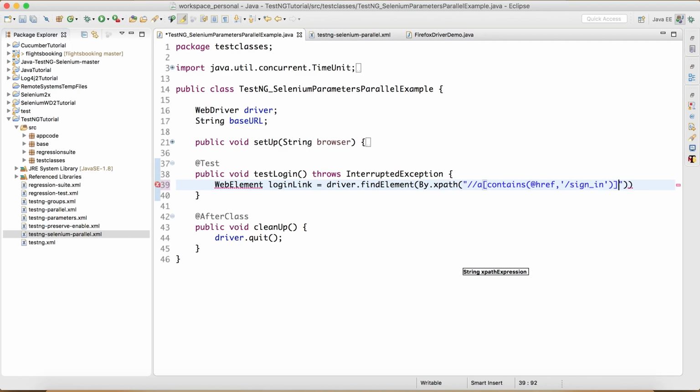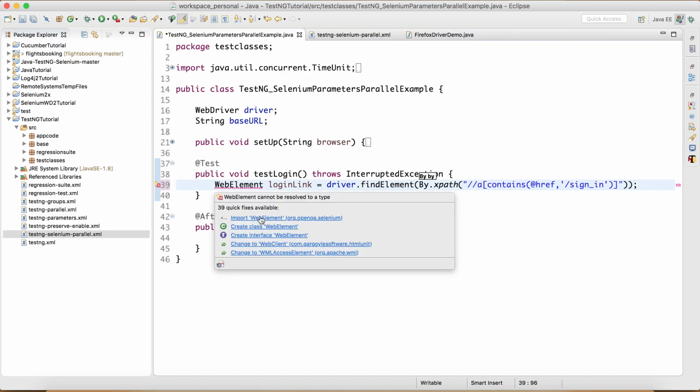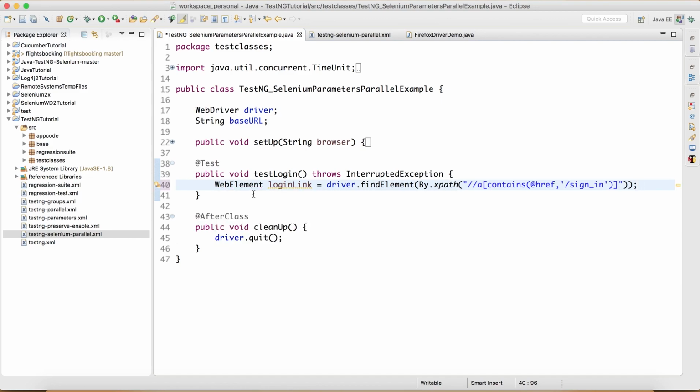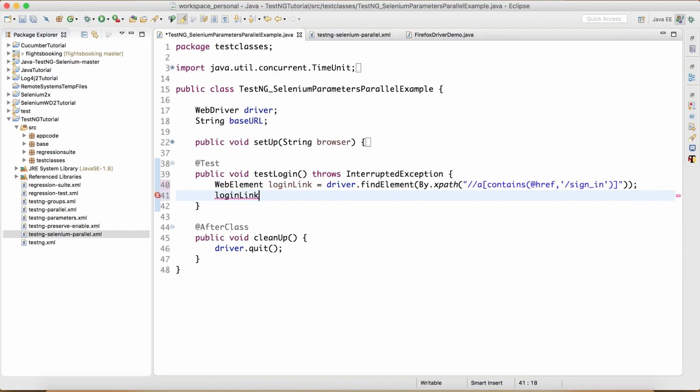That's what we did there, right? And after that, put a semicolon. And for WebElement, let's import it from org.openqa.selenium.